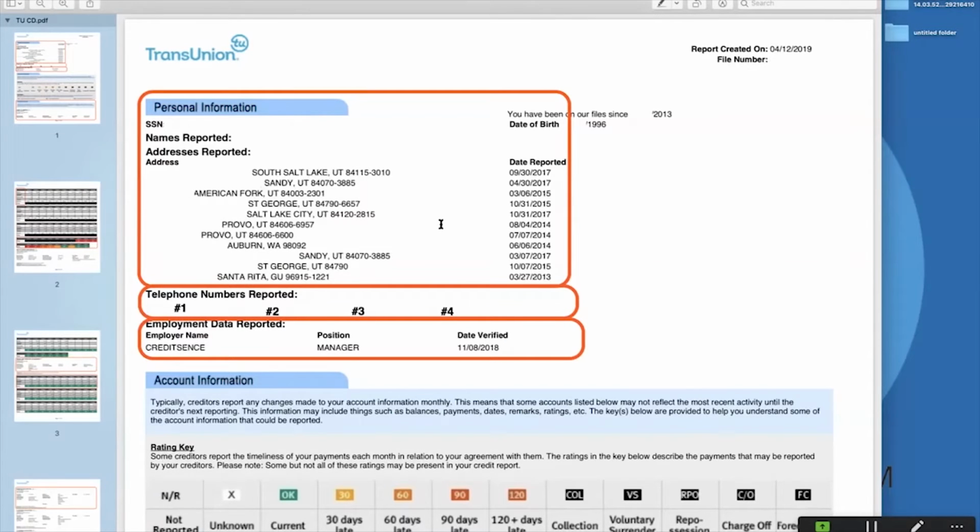This does not send a positive fundability message, because ultimately you can have 13 former addresses, but like I showed you on mine, I want only one version of my name, one address, my current address, one date of birth. Here, notice they have multiple phone numbers, and 4 numbers were listed. We've redacted those. You want one phone number.